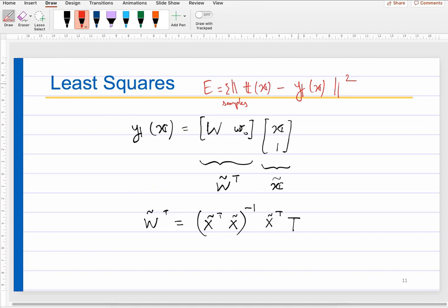And if you optimize this, we have seen previously different approaches to optimize the least squares loss. We have seen the least squares approach, which looks like this. It is applicable if the number of data points is larger than the number of parameters, the unknown w's, right? And if the number of parameters is larger than the number of samples, we use the minimum norm approach, the min norm solution, right?